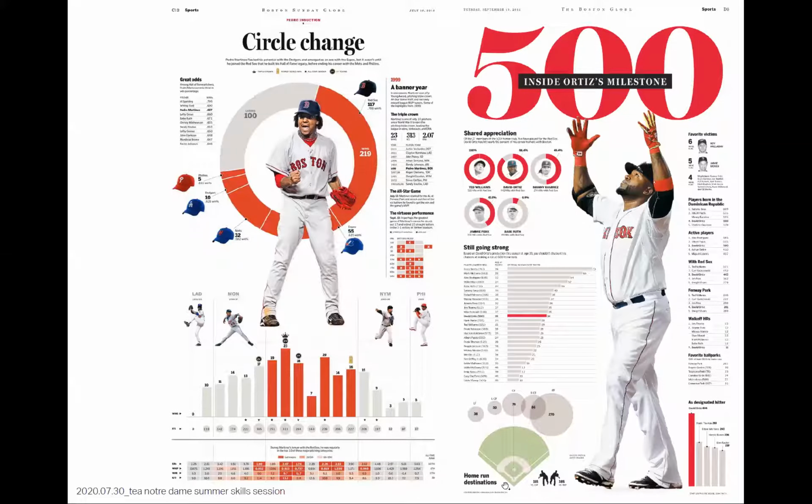He's hit 270 home runs to right field. Well, those 270 home runs should look a lot bigger, and they should be a lot more boldly represented than those 38 that he's hit to left field. The same with Pedro Martinez's circle change. You know, his 219 wins should tell you a lot more about his career than those 100 losses. And they do, because the wins tell you who he won against. They're in a stronger color. They take up more of the image. They totally align with his figure.